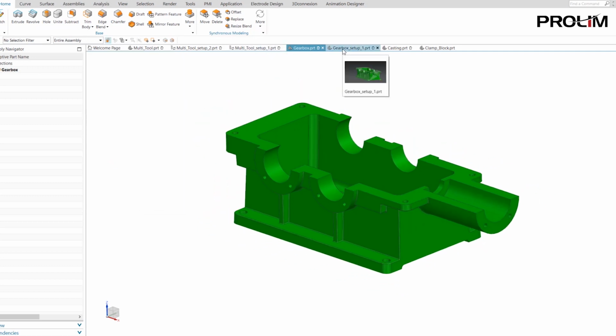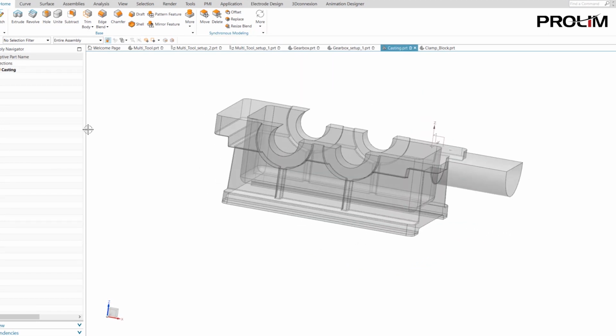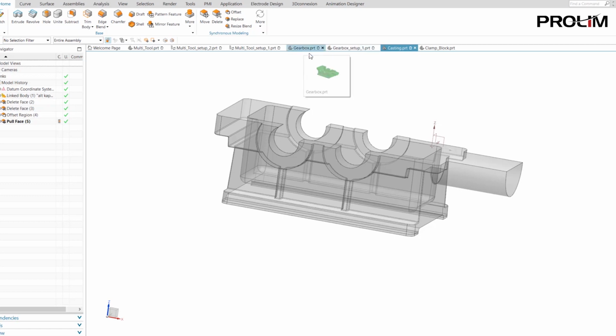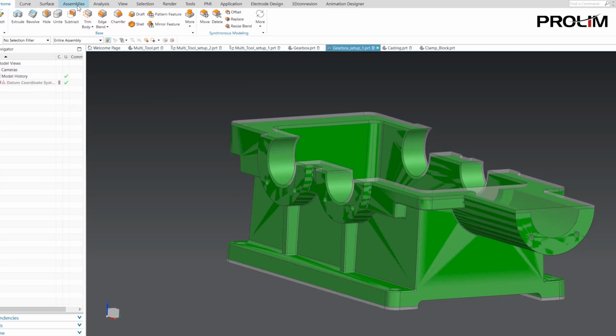As I change these, then in the gearbox casting, you can see that those are automatically updating because they're linked, they're associative. They're an associative linked body back to the master model of gearbox. So now if this gets updated, we can just automatically regenerate our toolpaths with this linked associative machining geometry. So then at this point, again, we could add our